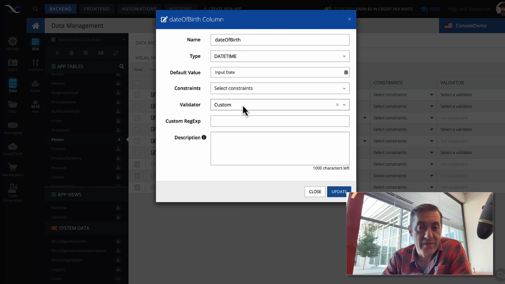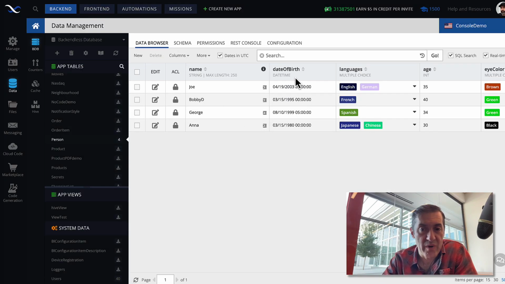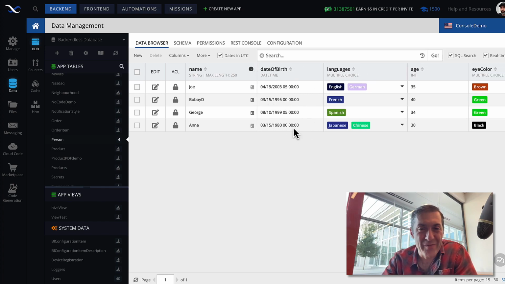While the validator may actually not be needed at all, because the database itself expects the data to come in a certain format, and if the data you are saving does not conform to that format, then an error will occur. So this is the setup. Here we already have a couple of records with date time value in there, and I will demonstrate again in a second how to query the database with the syntax that we support.